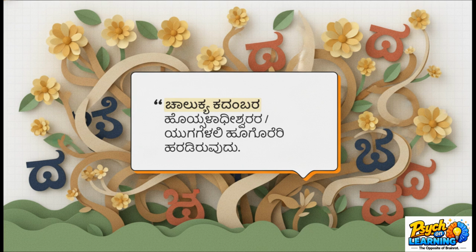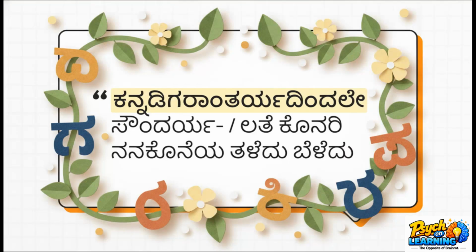This means, during the eras of Chalukya, Kadamba, and Hoysala kings, it blossomed and spread. Under the careful watch of these great ancient empires, the Kannada letters grew like a really strong, mighty plant, spreading its beauty everywhere. But where does all this beauty truly originate? The poet says,